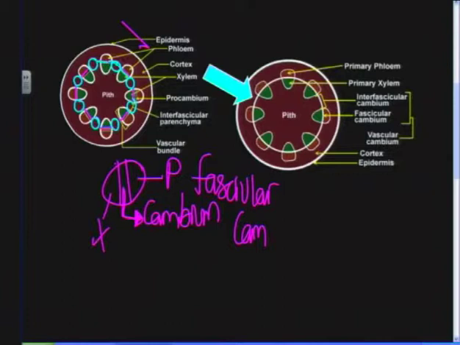Now I'm joining. So what have I got? If I have to join all of those, I now have my ring. Have a look at this diagram. All right, so it's showing you there the vascular bundles were by themselves, and now, once that parenchyma becomes meristematic, all right, we call it,